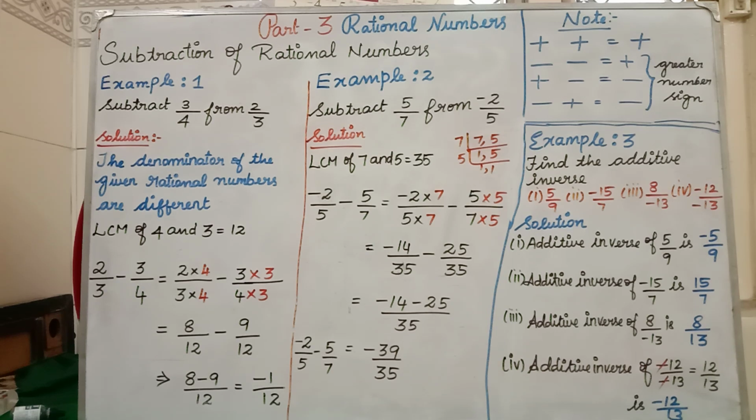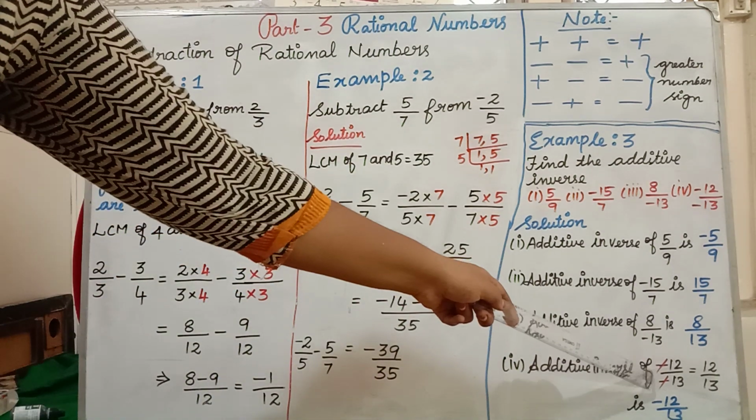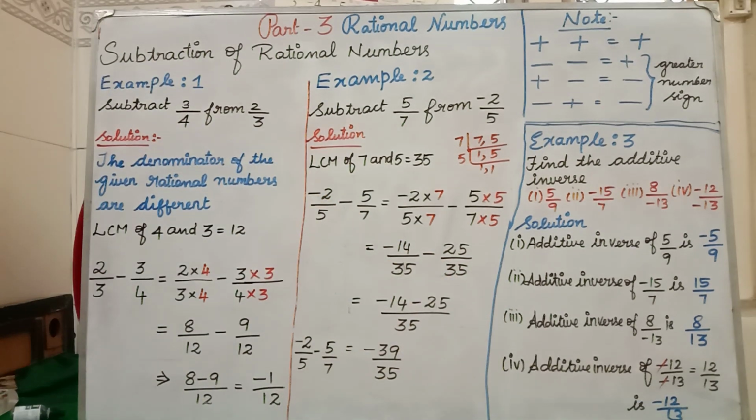Then your answer is wrong. What we have to do is, first you have to cancel the minus sign. If you are having minus in the numerator as well as in the denominator, you have to cancel it. So see here, I have cancelled minus minus. Then what is the question now?